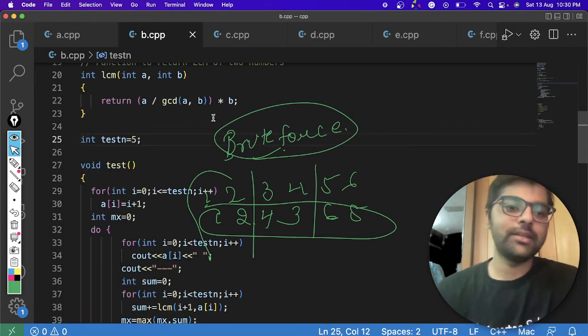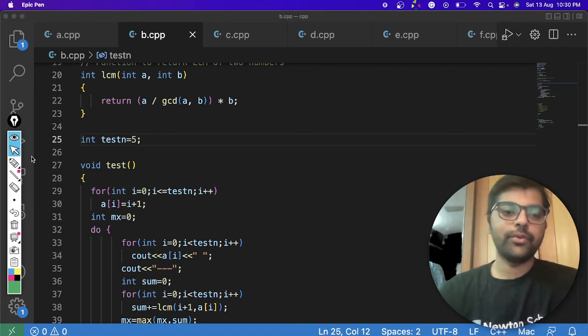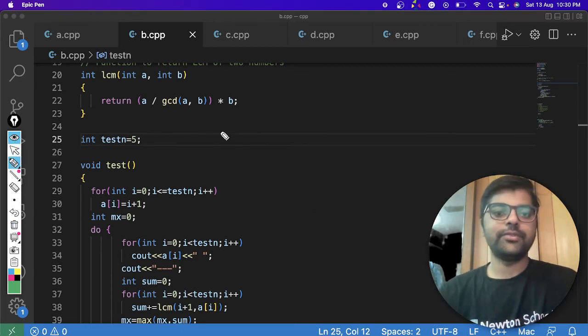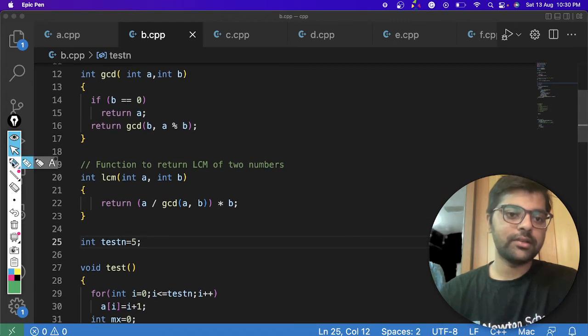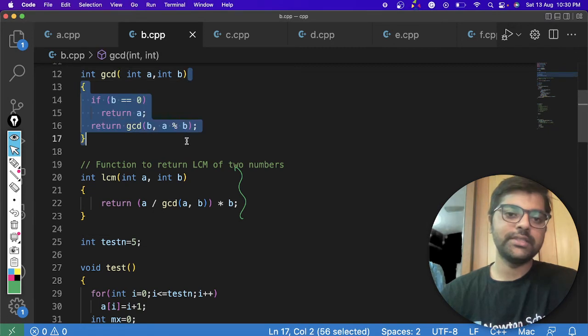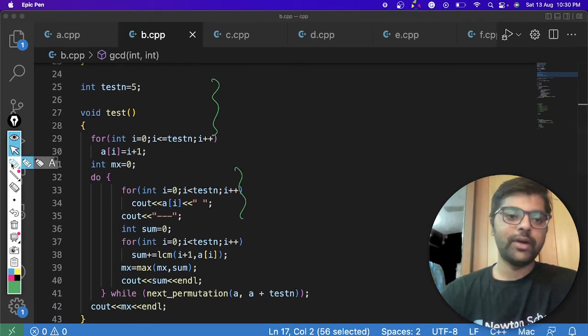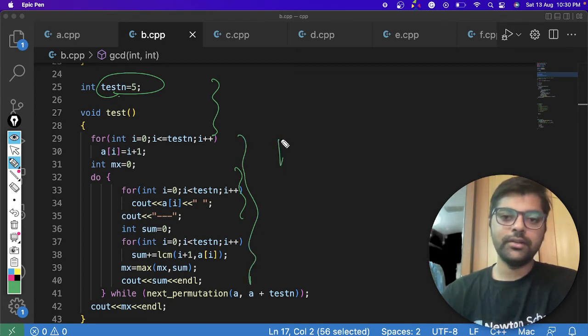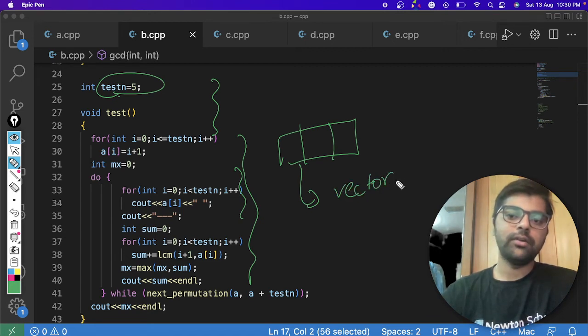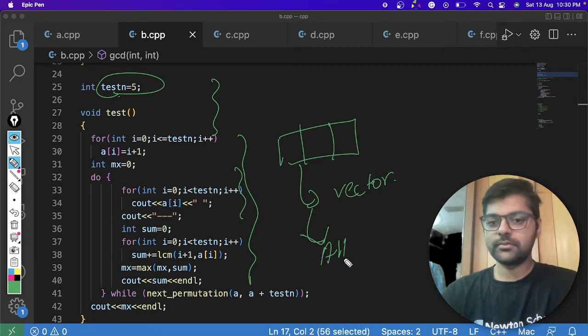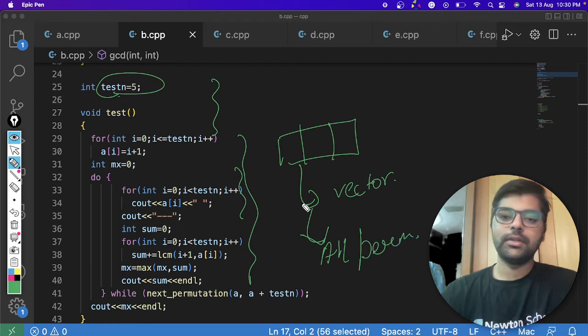Then how to write this brute force solution? What I did, I created a function LCM. As you can see, we have to find LCM using GCD. These are the GCD function and LCM function. So for that I will get GCD. I took a variable and put it in an array or vector, you can use either, and find all the permutations using next permutation.